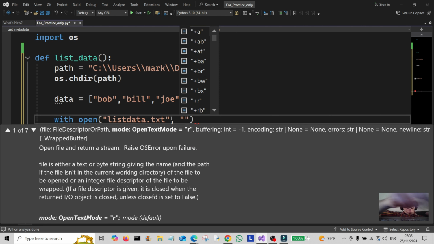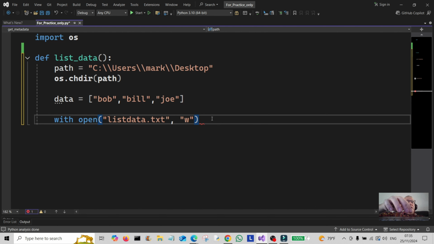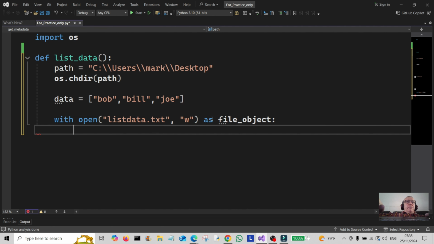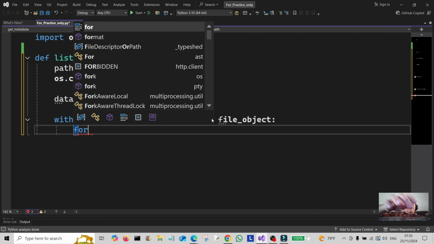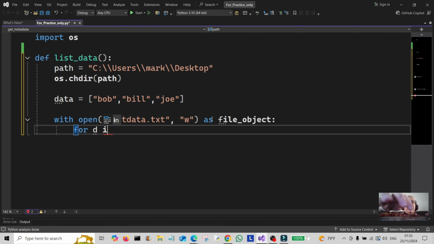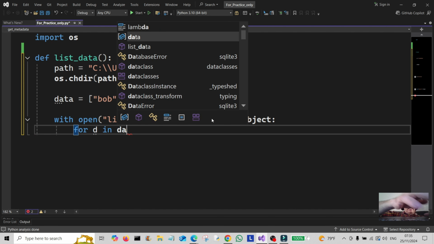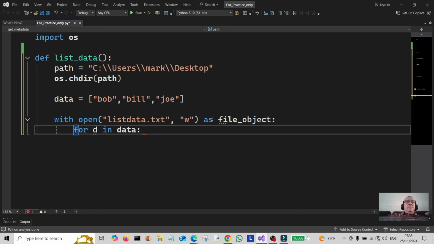Now we give it a flag, the W flag, to create the file and to write to it if we need to, or if we want to. I'm not going to this time. As file object. Right, now we use the for loop to go through the list. So for D in data. Okay, so we're going to go through there,